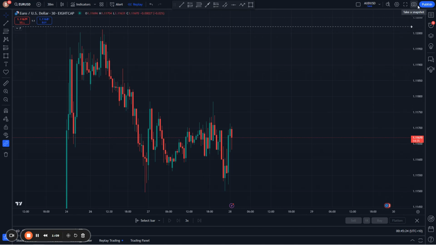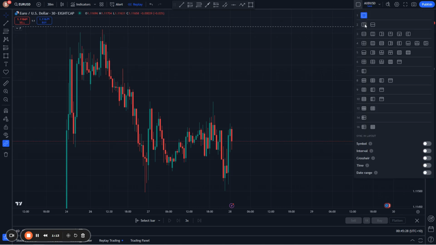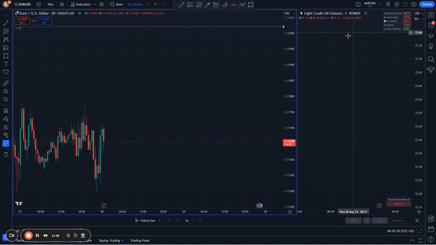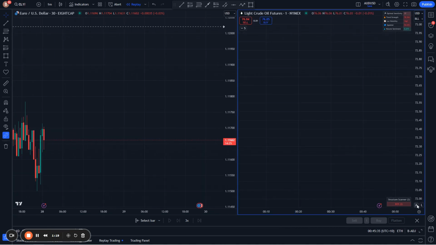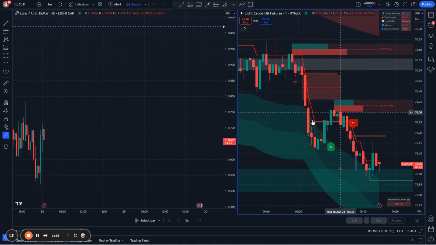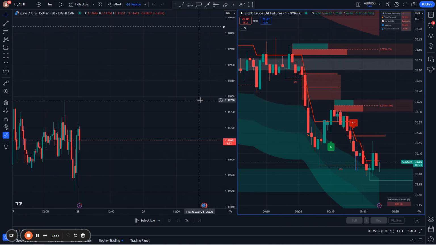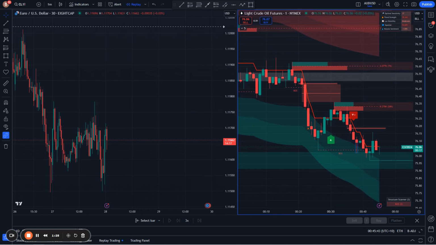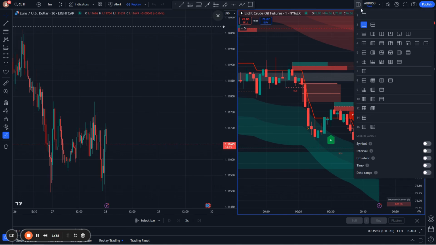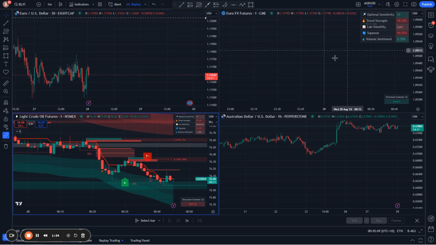If I change this over here on this layout setup to the number 2, this is what 2 chart layouts per tab looks like. You can see I've got a lot of different indicators and something going on over there. But as you can see, I've got oil futures on one and Euro USD on the other. If I were to change this to 4, for example, now you can see I've got Euro futures, Australian dollar,